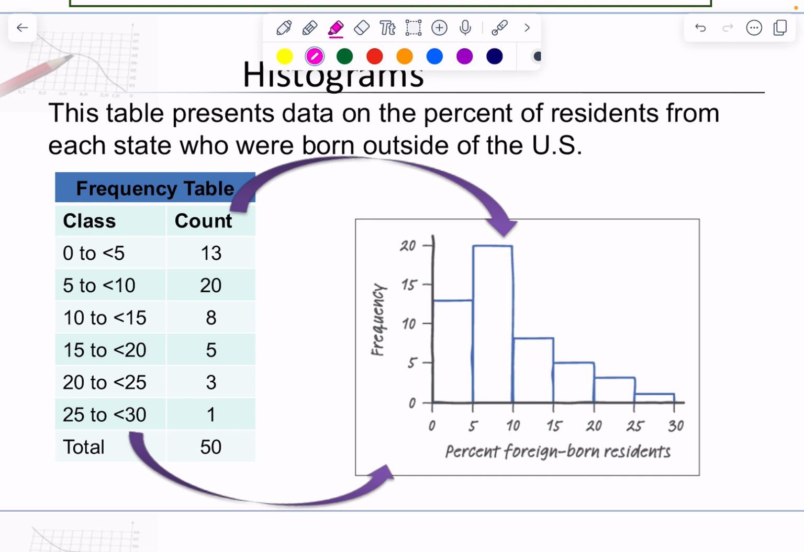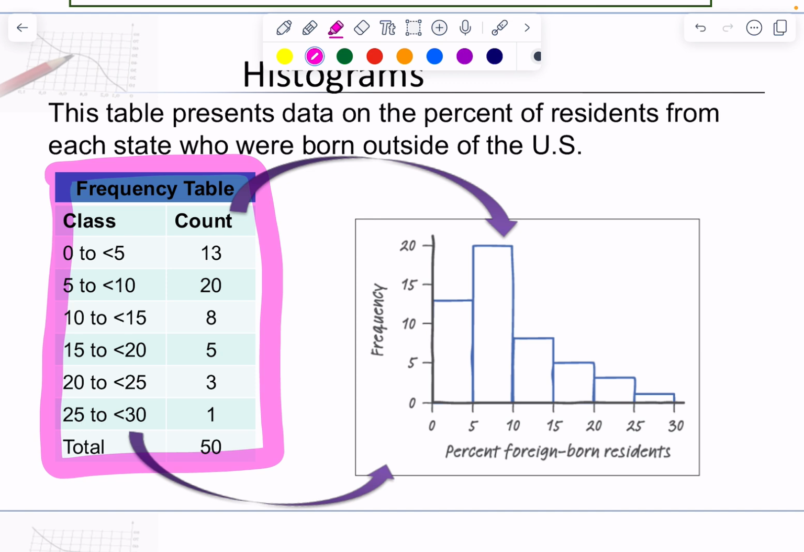It'll tell you that this state had 5.7% of foreign-born residents. This state had 2.7%. This state had 13.8%, and so on. So the first thing you would do is take those numbers and compile this frequency table like we see here. I created classes that go from 0 to 5, 5 to 10, 10 to 15,